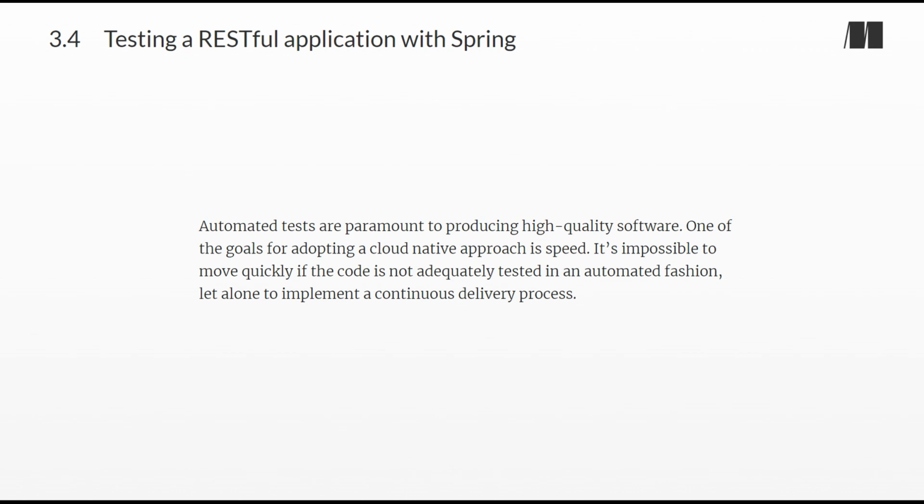Section 3.4, Testing a RESTful application with Spring. Automated tests are paramount to producing high-quality software. One of the goals for adopting a cloud-native approach is speed. It's impossible to move quickly if the code is not adequately tested in an automated fashion, let alone to implement